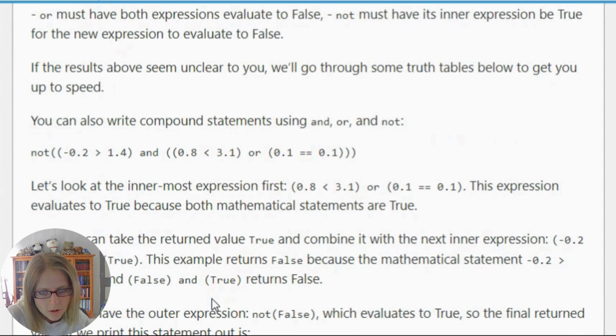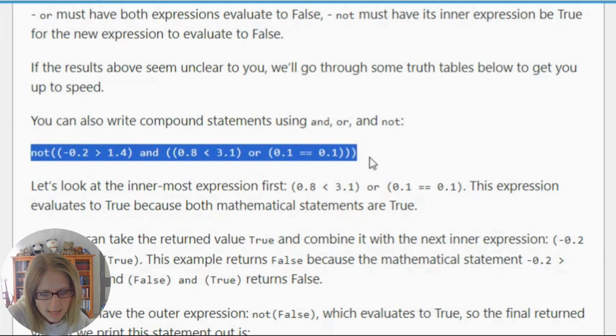You can also write compound statements using and, or, and not. Let's look at the innermost expression. So we're looking at this example here. 0.8 smaller than 3.1 or 0.1 equals 0.1. This expression evaluates true because both